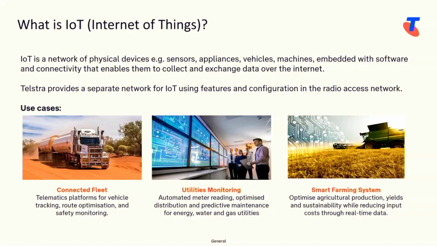And last, and probably the one that I really like, is smart farming systems. If you ever have a chance to go to some of the bigger farming areas, rural communities like Wagga in New South Wales, where I went, you see a lot of optimized agricultural production methods using IoT to help the farmers do a lot of work. And I got this interesting story when I went to New South Wales Rural, and they were showing me this thing about